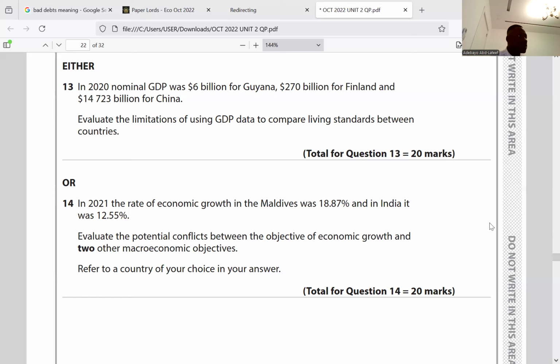You didn't talk about government revenue. What happens with economic growth with government revenue? It's macroeconomic, right? They said macro, yes or no? So there are a lot of macroeconomic objectives there. Even if you are mentioning low inflation rate, economic growth is already mentioned. So you're going to mention inflation rate. There are other macroeconomic objectives that you could mention. Employment, did you even talk about employment at all? No. So that ends October 2022 paper 2. And let's see how many points were lost.